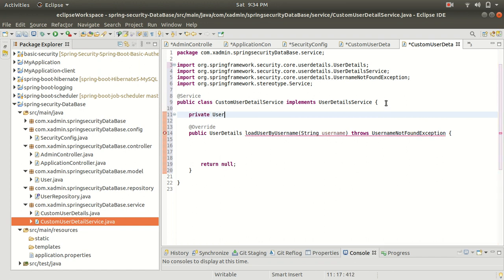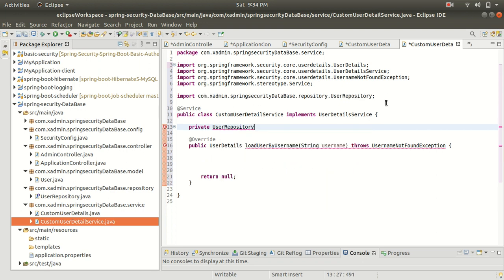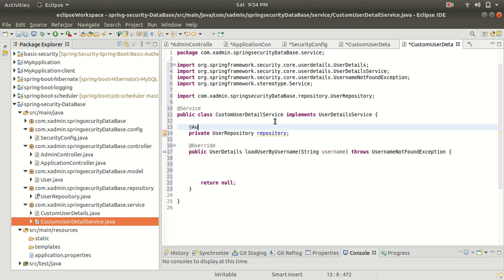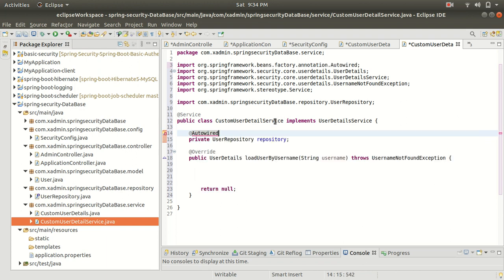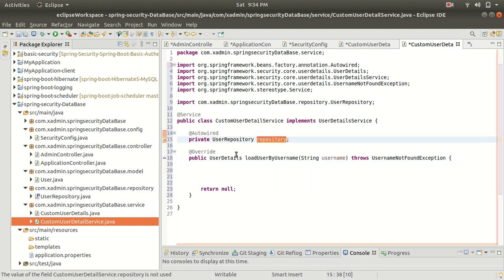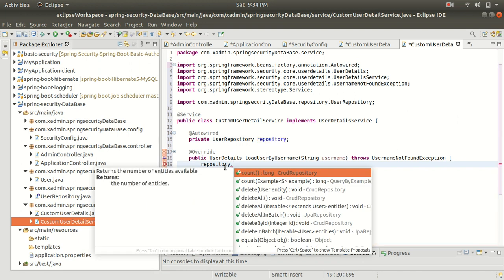Private UserRepository repository. Let me mark this with @Autowired. And now with the help of this repository I am going to get the object of the user from the database.